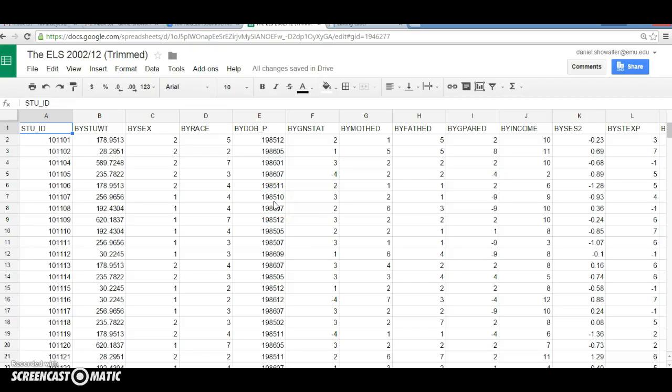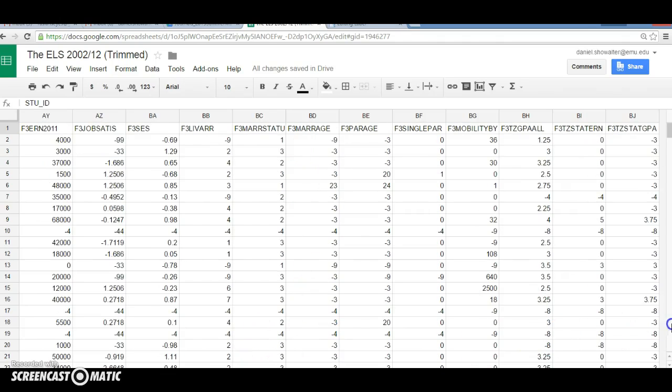Okay, so we've got this large, awesome data set here. It's not nearly as large as the original, but we do have 80 variables, 16,000 plus students. So that's quite a bit of data. Our goal here is to pick a base year variable, so a variable from when the student was a sophomore